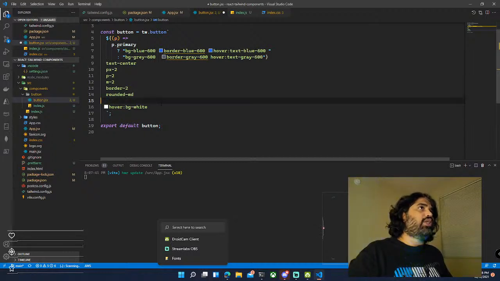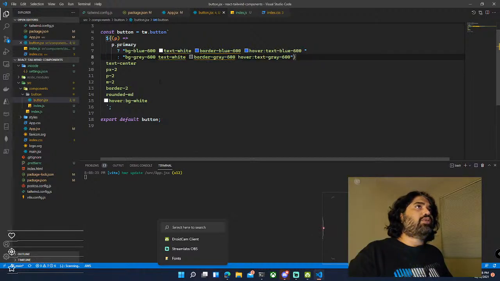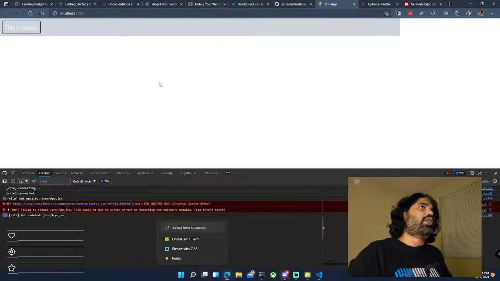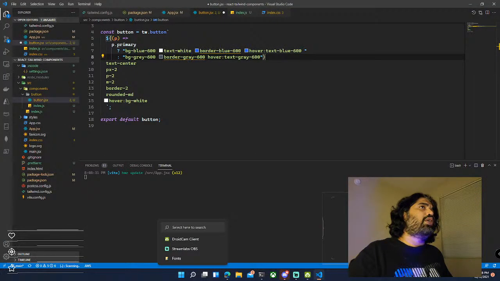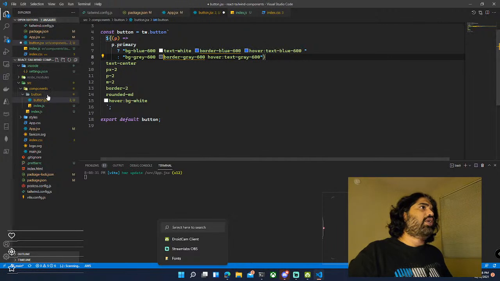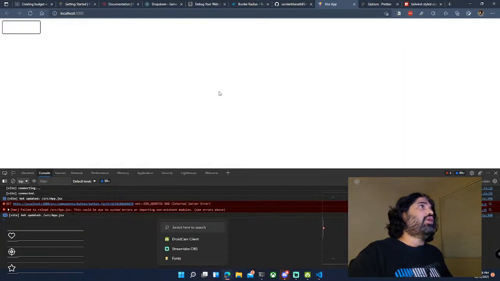text white is something you will like here, and text gray. I want to show text white. So background is blue. I need white. The background is white. Obviously the background is the same as the text. I just go here. This is the culprit, so I'm just gonna do that, and you see white color